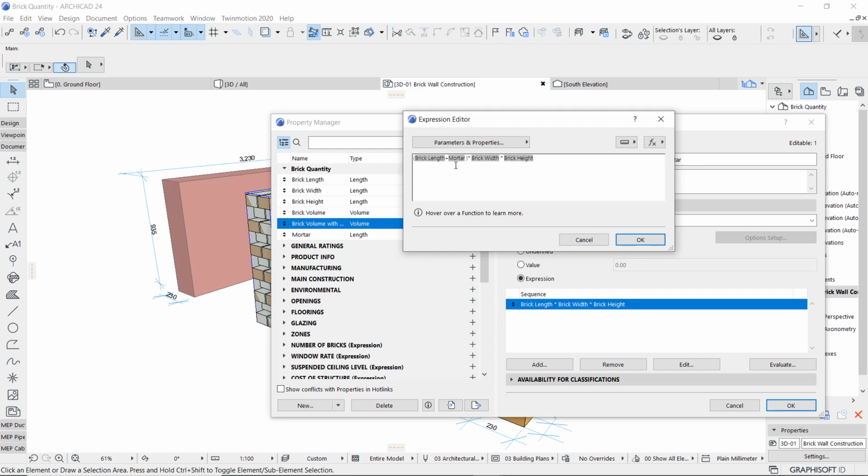Now you can see the function is successful. Same way for the remaining. So if you want, you can press Control C to copy by selecting the mortar option, and then just start adding the remaining things.